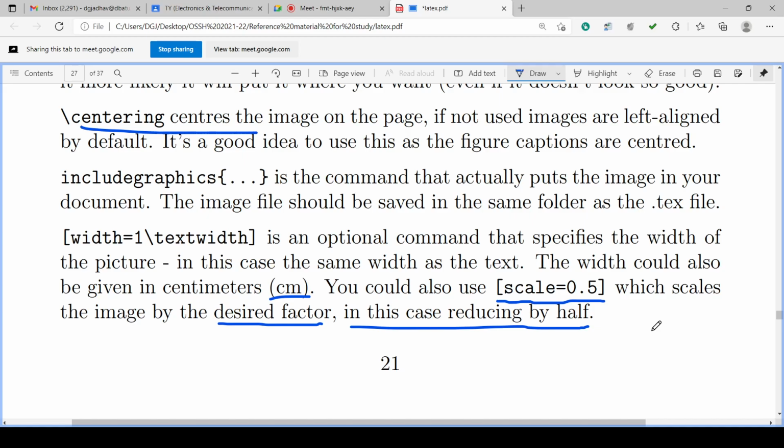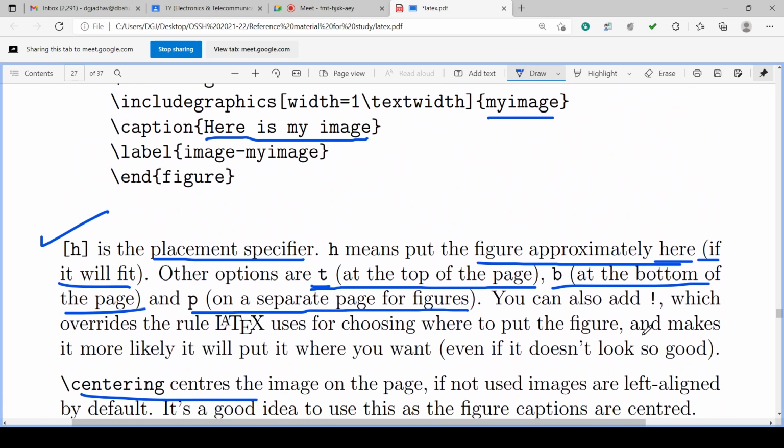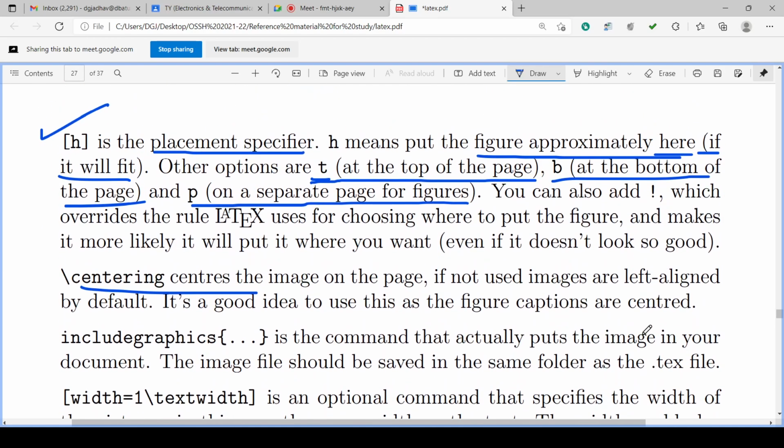So scale is also important to provide the size of the image. Either it will be reduced, kept the same, or increased. So this is about the image placement. One is required, the location where it is to be placed.